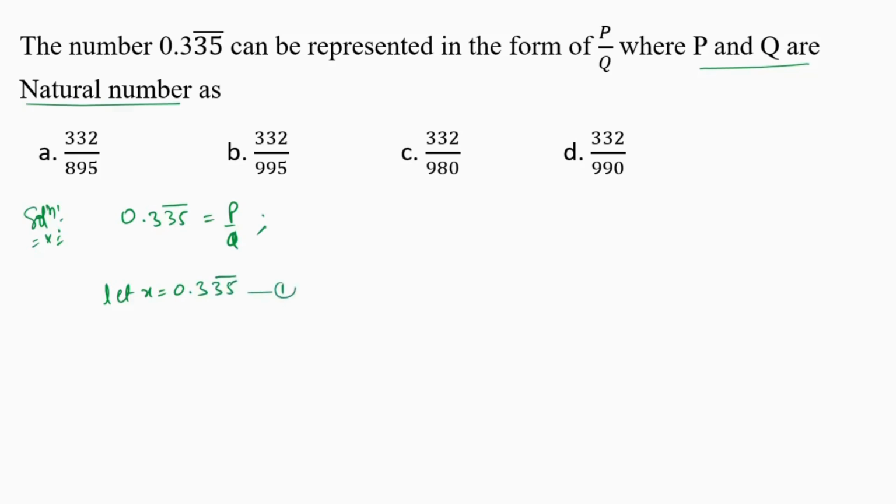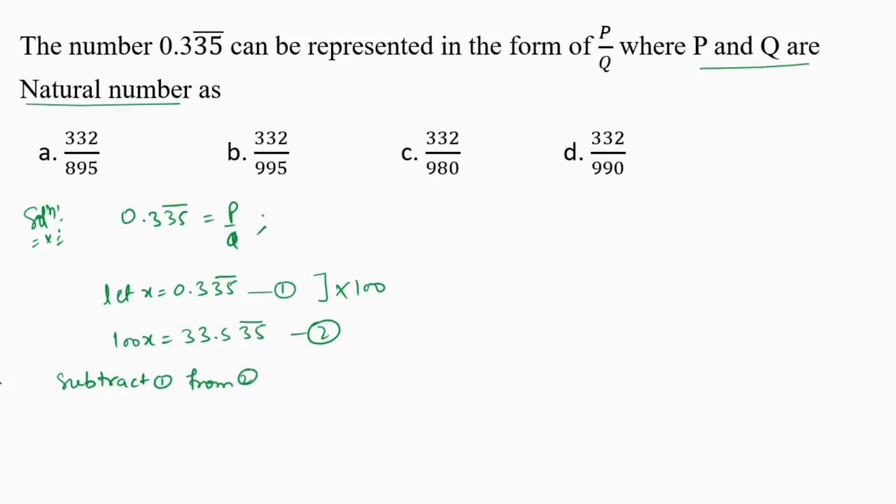Name this equation 1 and multiply this equation 1 by 100. We get 100x equals to 33.5 bar 35. Name this equation 2 and now subtract equation 1